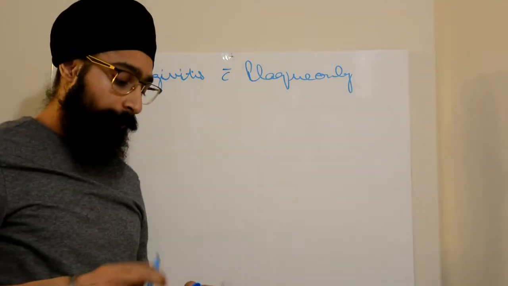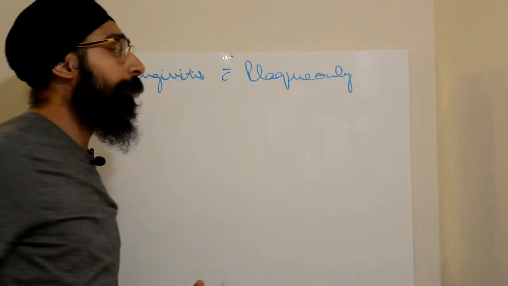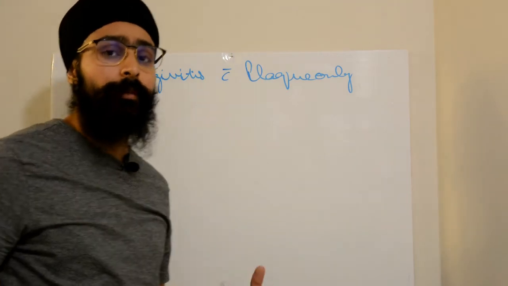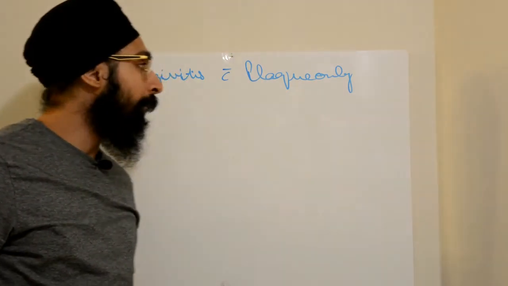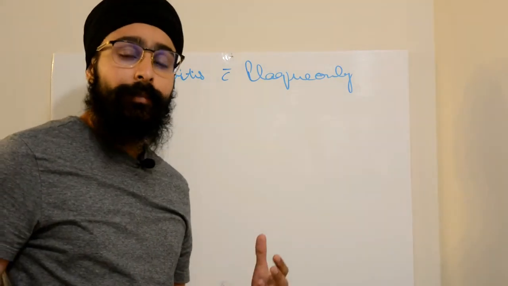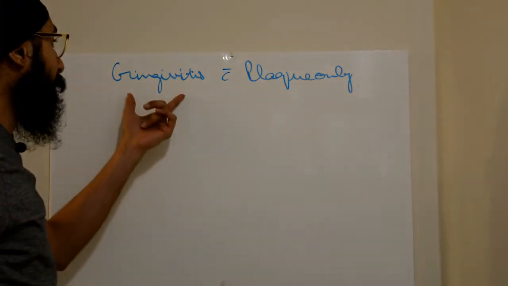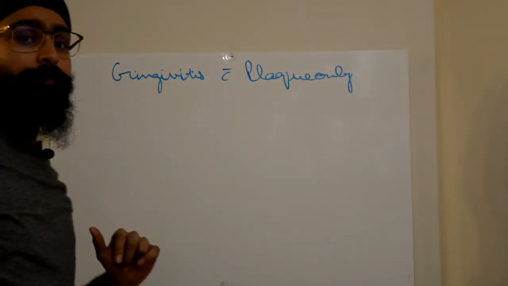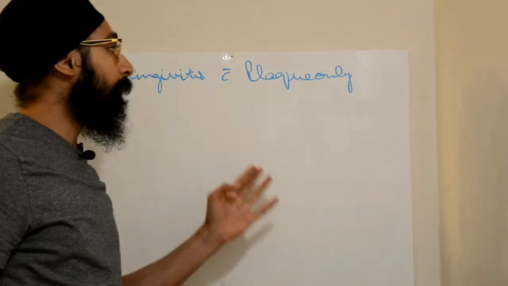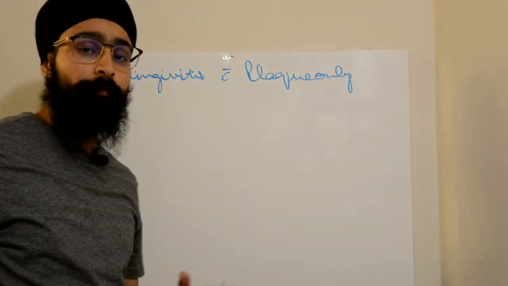Friends, the first condition is gingivitis associated with dental plaque only. As you all know, plaque consists of the biofilm that has microorganisms in it. Because of the irritation that is presented by the microorganisms to the gingiva, it may become inflamed, and because of the inflammation we call it gingivitis. So the gingivitis that happens because of the dental plaque, we call it gingivitis associated with dental plaque only.